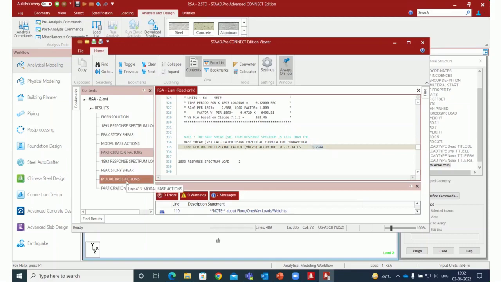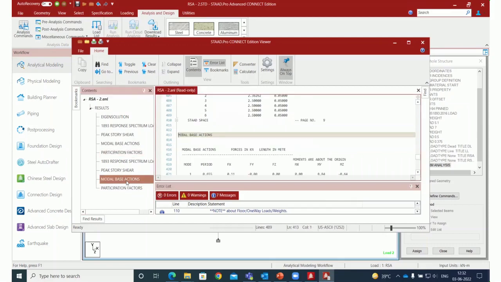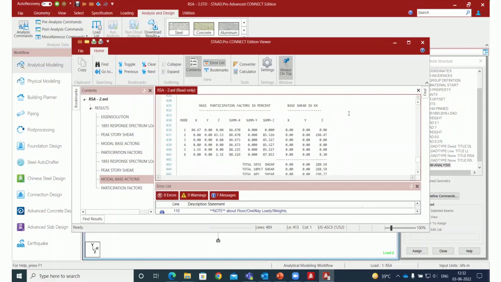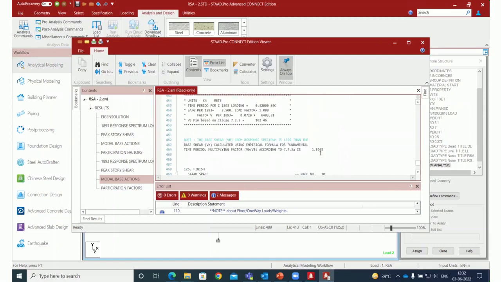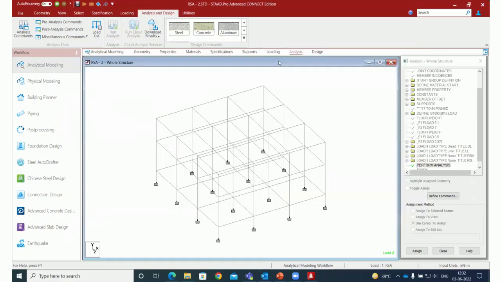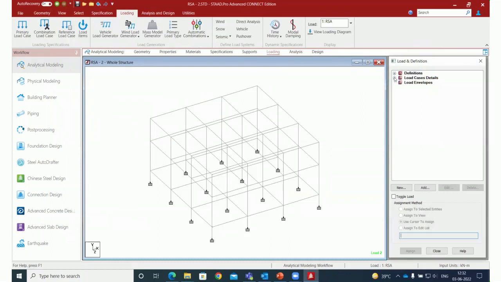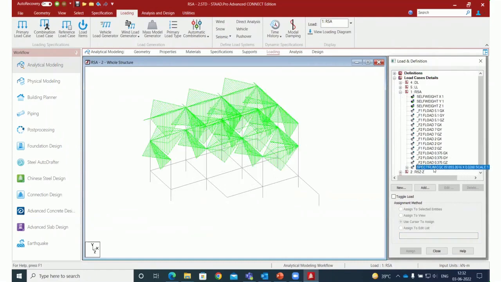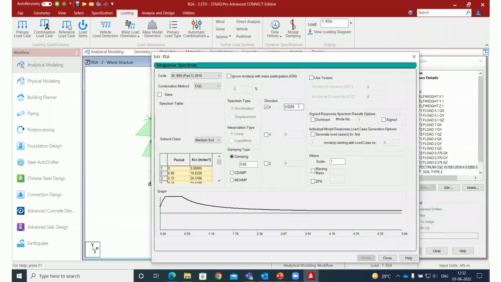Now we'll click on this modal base actions, and this is the value we are getting for the Z direction. See, in the Z direction, the multiplying factor we are getting is 1.5962. So what we have to do is, I'll simply close this, go to loading, click on load case details, click on RSA, click on this spectrum command that we have added, and over here multiply this X value with the multiplying factor the STAAD is providing us. That is, for the X direction it was